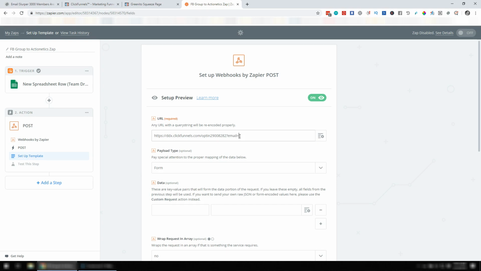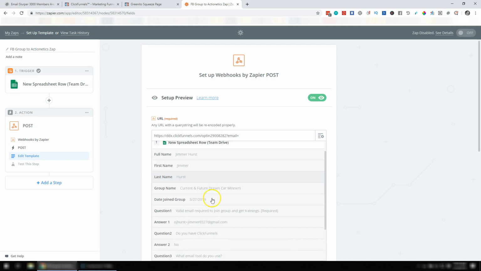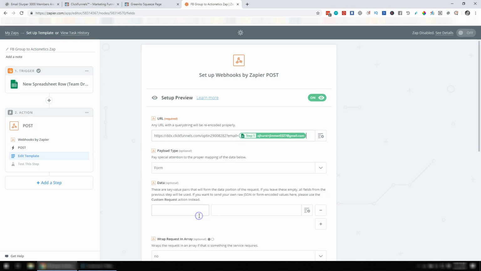and then equals sign. And now we're going to find the field from the spreadsheet row and add it there like a variable. Okay, so here we're going to find the email address. Okay, if we want to add some more information, then we're going to do an ampersand